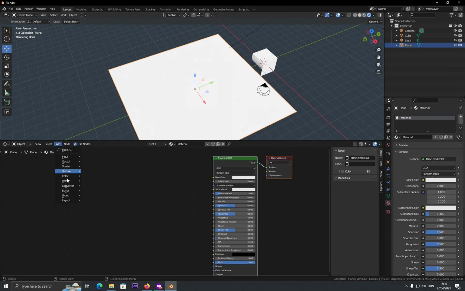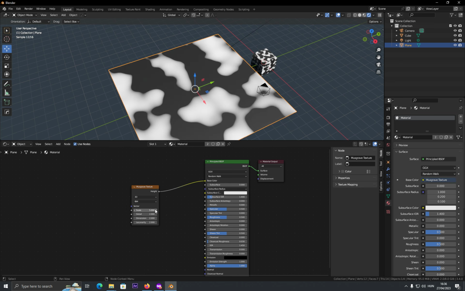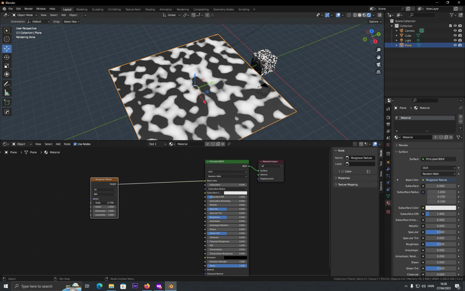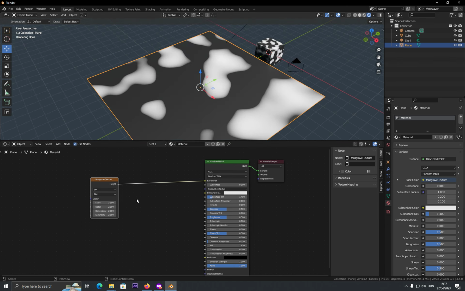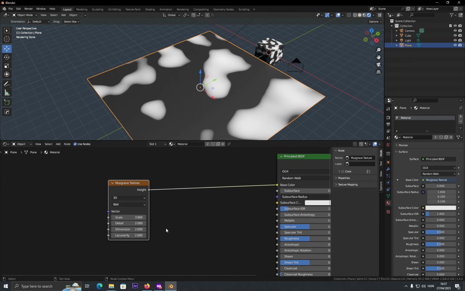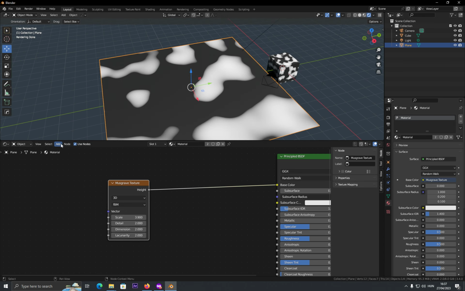and I'm going to add a texture. Let's add a Musgrave, and okay, we plug it to here. Which is not very interesting. You can adjust the scale. Let's say we want to have more details on the edges, and also I don't like the contrast, so